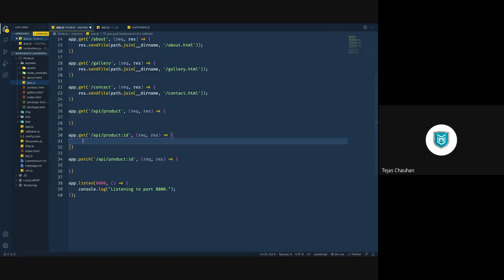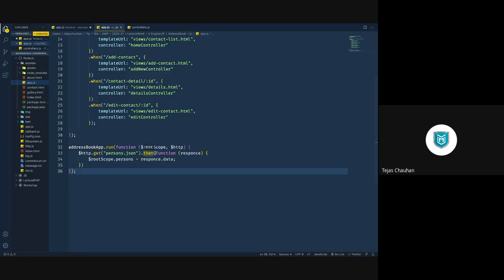Whatever response you send from this place, you will have that response here in the callback method. Now, how to handle all those things? This is an example of how you can make an HTTP request.